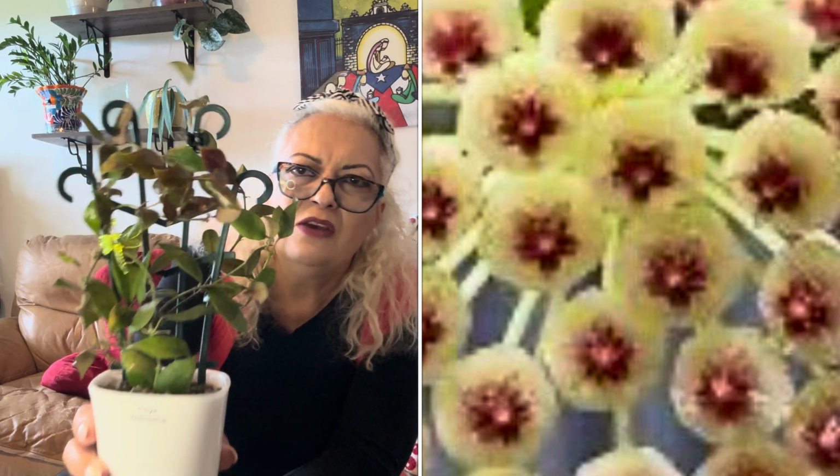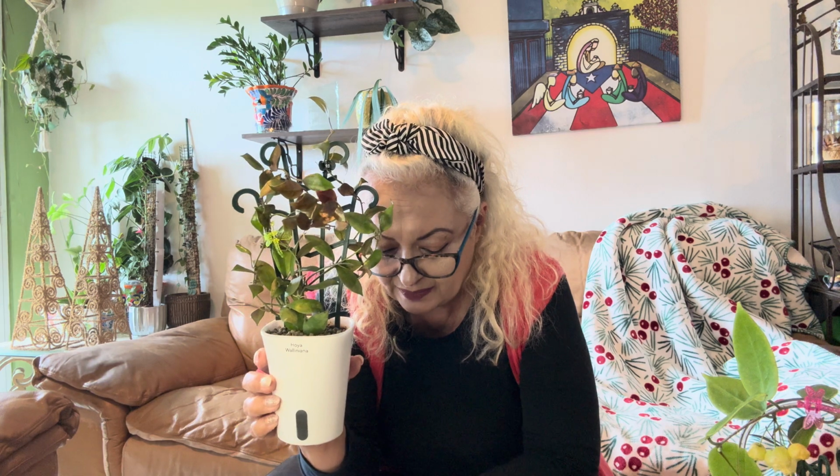The bloom is reflexed, densely felted, creamy white with a maroon center and a yellow corona. Weird, huh? But I will leave you the bloom there so you can see it. And fertilize during growing periods if you are in a cold area. So it requires medium to bright indirect light. And the growth habit, you can add this one in a hanging planter also because of the way of the growth habit. The leaves are glossy dark green, and bright light can get them to a dark red,